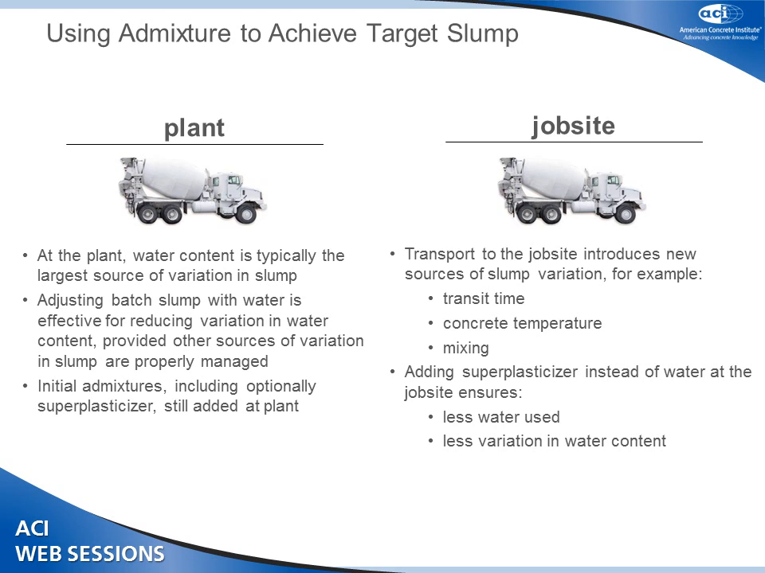The other way is to use admixture to achieve the target slump. So if you think about this, when we're at the plant, we can make adjustments, we can control to a consistent slump, or use slump to help us identify variability in water content. When the truck leaves the plant and goes to the site, we get more sources of variability introduced. And so to accommodate those, if we adjust with superplasticizer and water, we'll have less water used and less variation